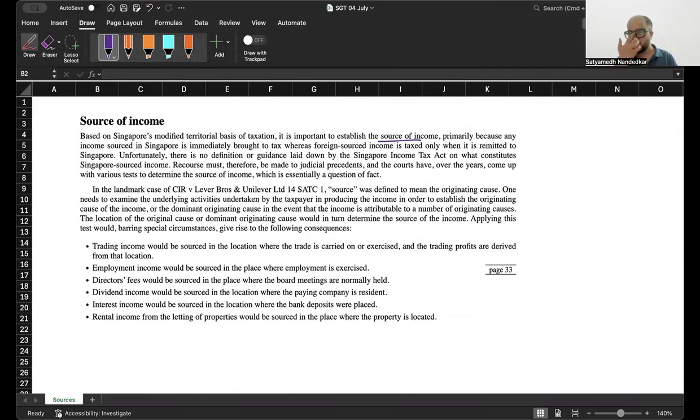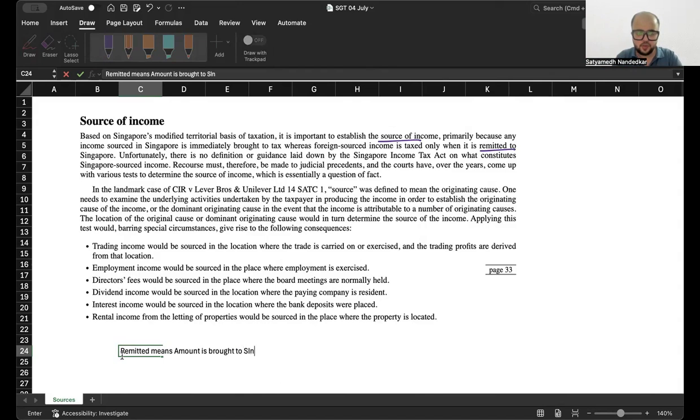So I could have a situation where I'm a person in Singapore, I'm a resident there, but I earn some income, say maybe in Australia. Now, the income that is earned in Australia cannot be taxed on accrual basis. It will be taxed only when it is remitted to Singapore. What do you mean by remitted? The amount is transferred, the amount is brought to Singapore. Remitted means the amount is brought to Singapore